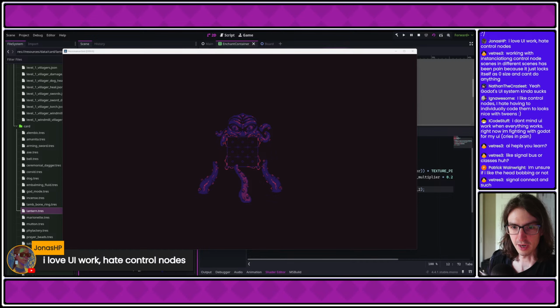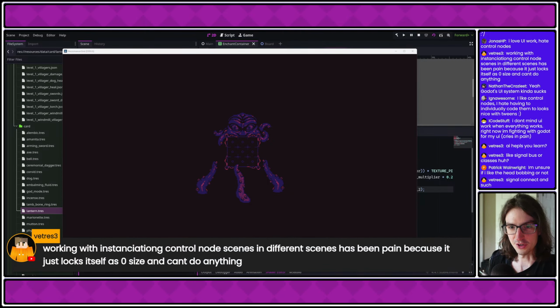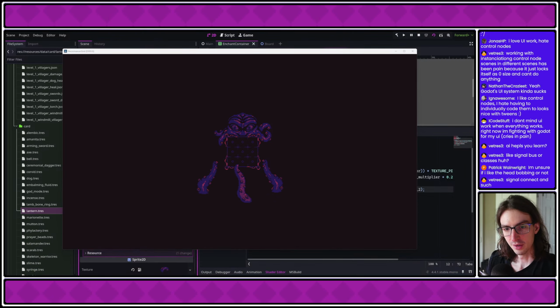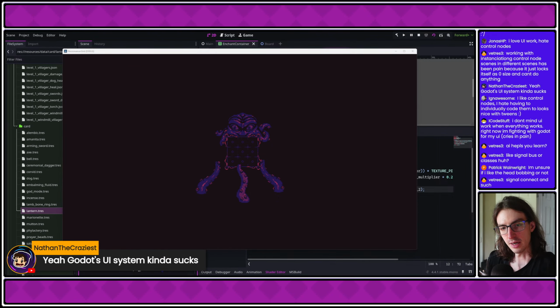I love UI work, hate control nodes, yeah. Working with instantiating control node scenes and different scenes has been a pain because it just locks itself at 0 size and can't do anything. Yeah, that's true. Godot's UI system kind of sucks. I would say that it's not